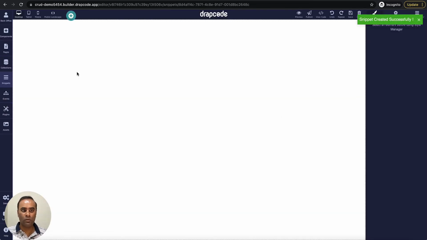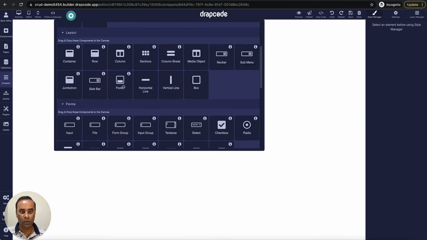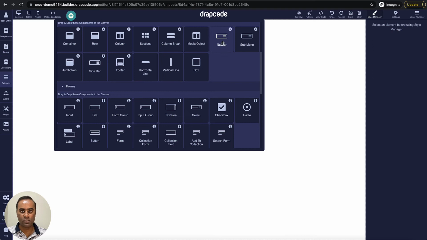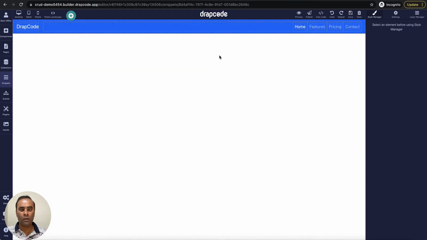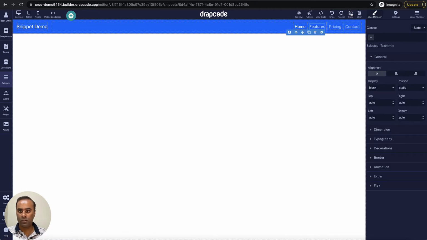So the snippet is created. Let's go and design something. I'll drop a navbar or a header section into this. The navbar is here. Now let's make some changes to this navbar. I'll say snippet demo, some home, features and all those things.